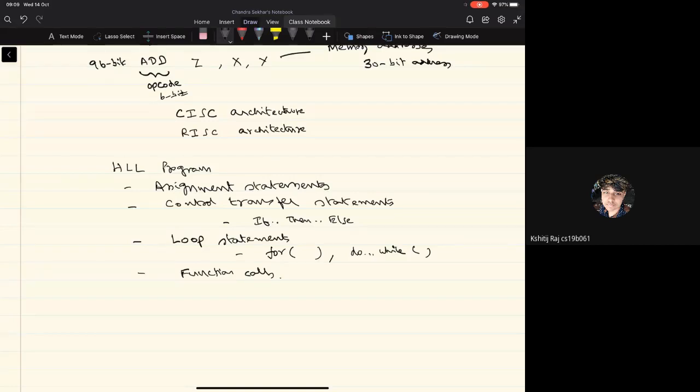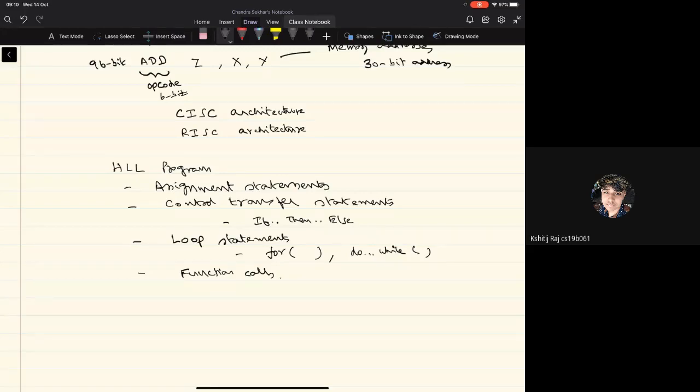So we pass the values for the input arguments, then we call the function, and after the execution of the function, the values that are supposed to be returned by the function will be returned, then they'll be taken and assigned to the respective variables.